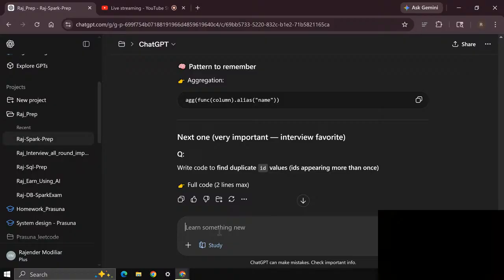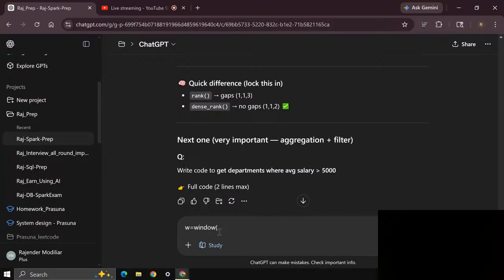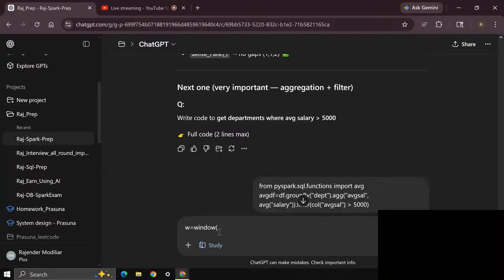W equals window. I think we need to print the row number. That I'm sure. Man, why am I forgetting this window one? Come on. Window partition by, yeah.